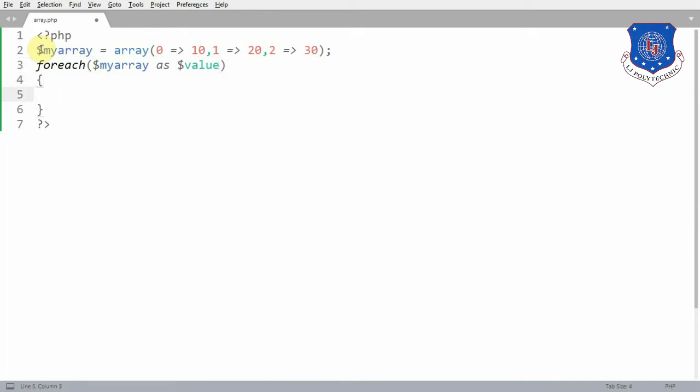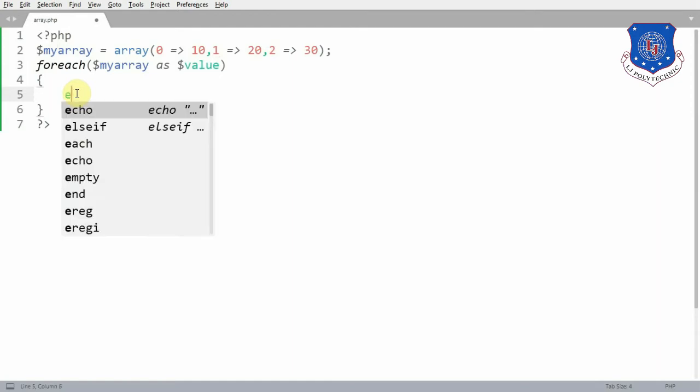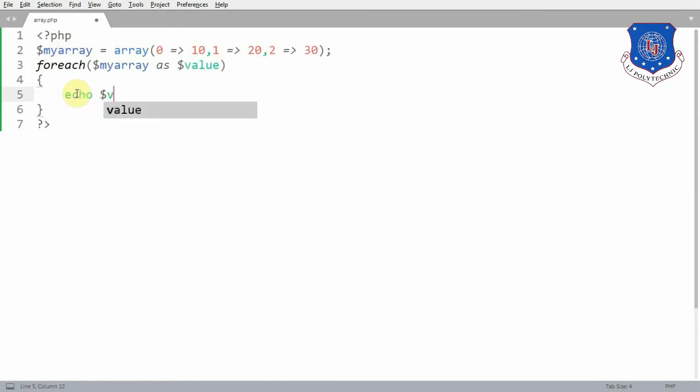So how the foreach loop executes: in each iteration, the value of elements of this array, myarray, will be copied into the $value variable, and then you can access that $value variable, and thus you can access the elements of the array. So let's just print the value variable.